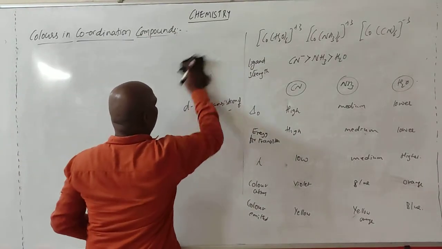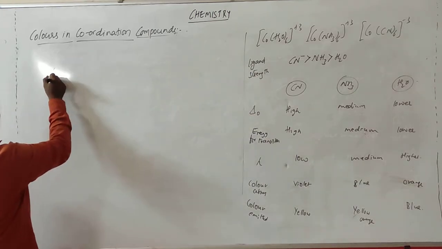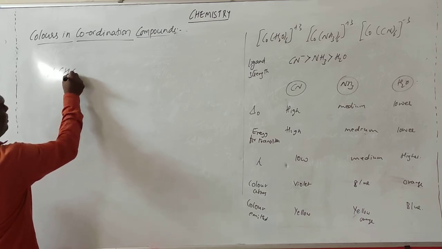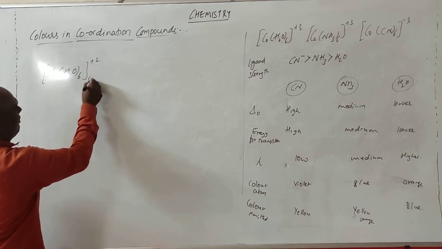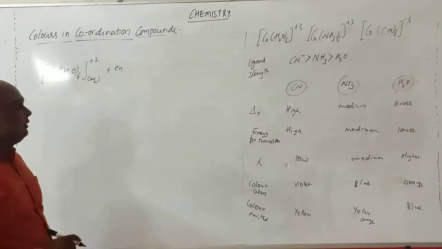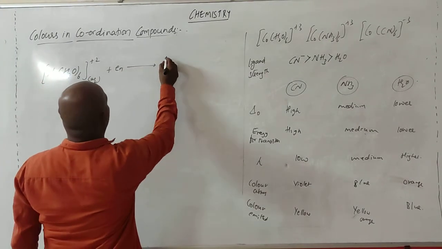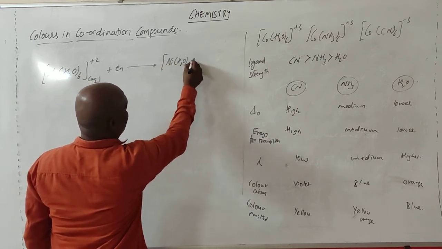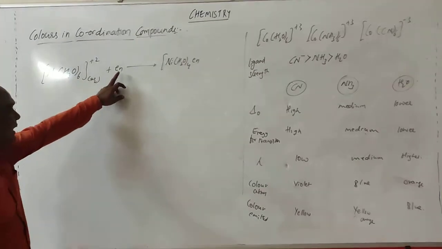So let me take one more example, like nickel. Nickel H2O taken 6 times, this is plus 2. This is the aqueous condition. Whenever this is made to react with diethylamine, this colorless complex changes into pale blue color. Nickel H2O taken 4 times, because then you are having 6 ligands, but one ligand again forms 2 bonds.